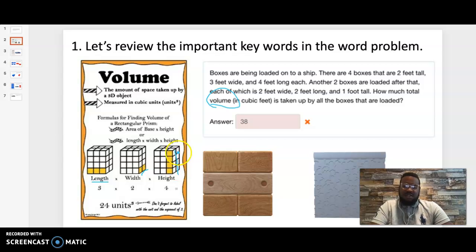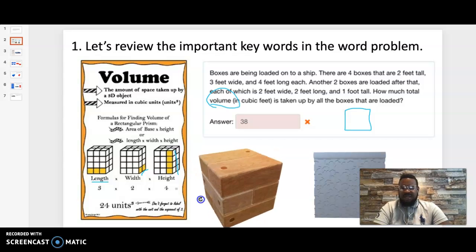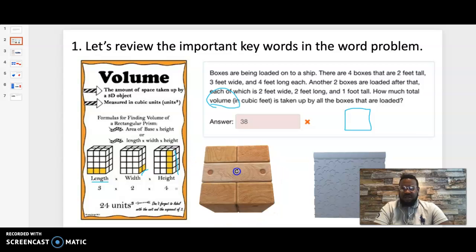Another way to think of it is that when we talk about area in 2nd and 3rd grade, we look at flat shapes like a rectangle, or a flat shape like this square here. Volume deals a bit differently, where volume asks us to look more at shapes that have 3 dimensions, kind of like